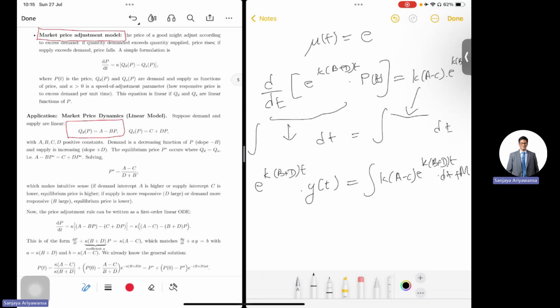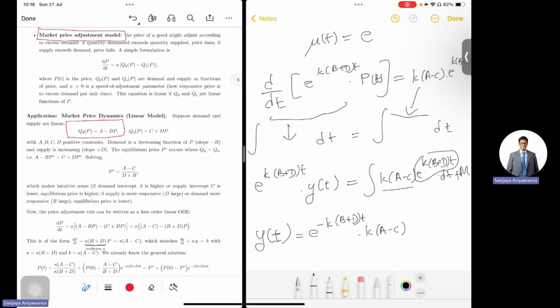So then I can make y the subject by multiplying the whole equation by e to the power minus k times (b plus d) times t, such that on this side I have minus k times (b plus d) times t. I can take k times (a minus c) out because it's a constant, and then I just have to integrate